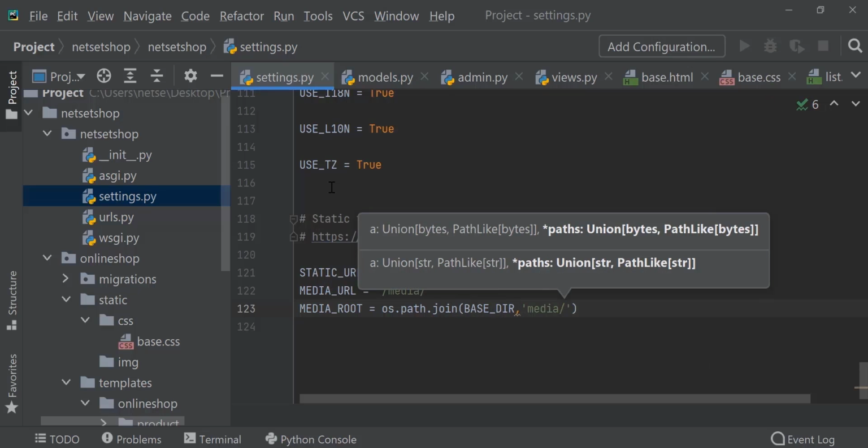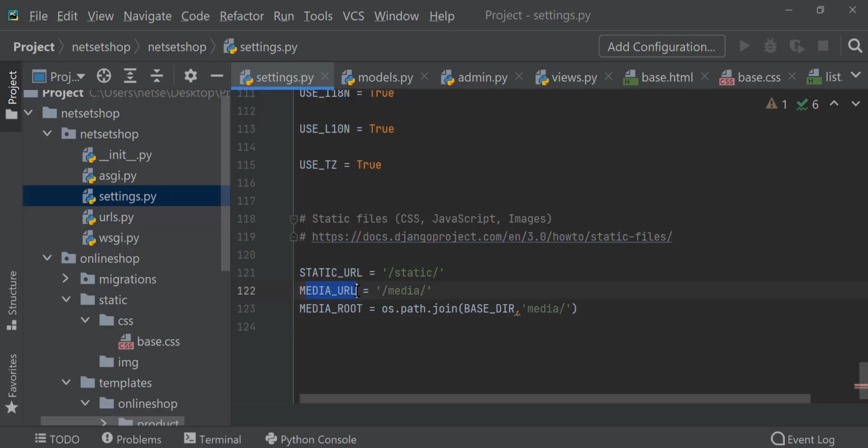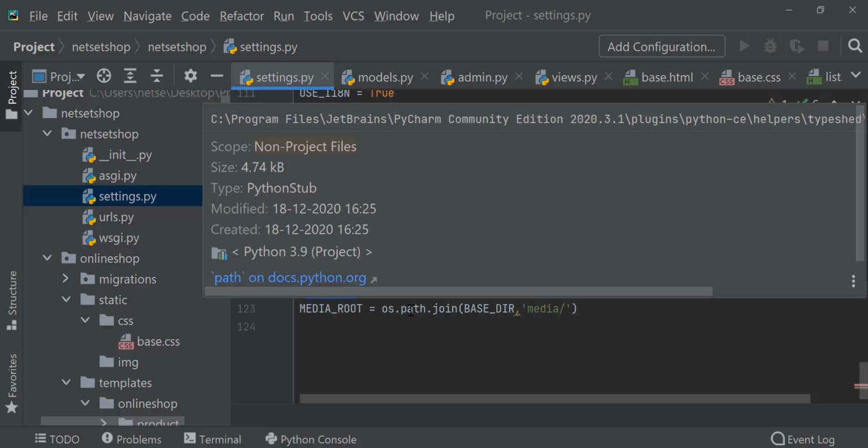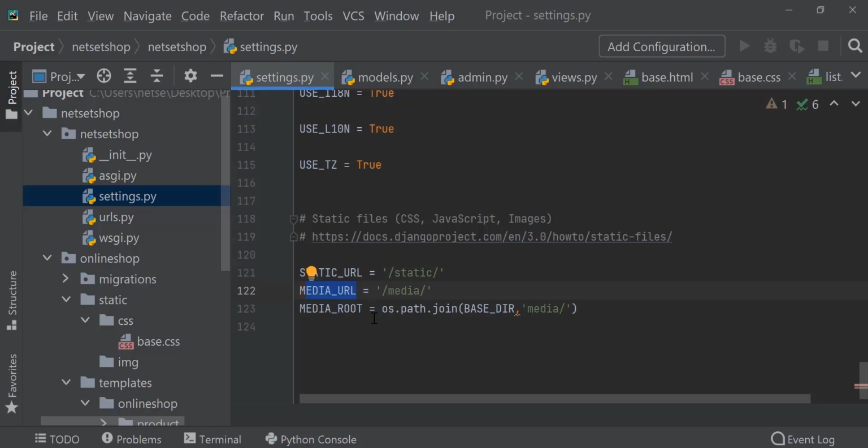Right enough? Here we have made this media underscore URL for the base URL, as it will be serving the media files, the files which are uploaded by us. Then media underscore root is the local path where these files reside, and this will be made by appending base underscore dir. Now for Django to serve the uploaded media file using development server, we'll be going to urls.py of the main